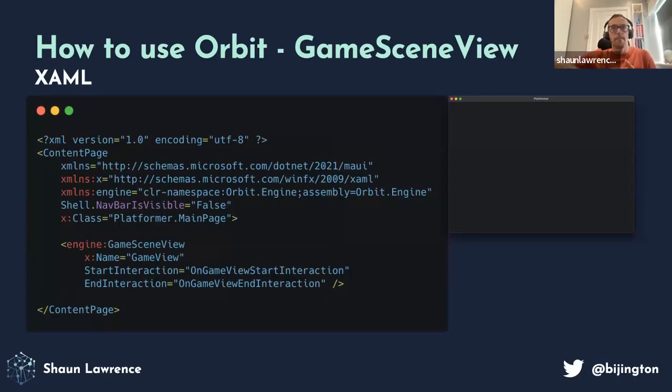Right. So we mentioned before that the two key components are a scene and an object. But what we first need is to put a surface on the screen in our application to render the scene. In order to do that, there is a class called GameSceneView, and as the name suggests, it's a view for representing a game scene. This actually provides you with a lot of interaction events, so you could deal with any touch-based events, multi-touch, and even hover events. If you're working on a desktop, obviously you can't detect if a finger's hovering over a smartphone.